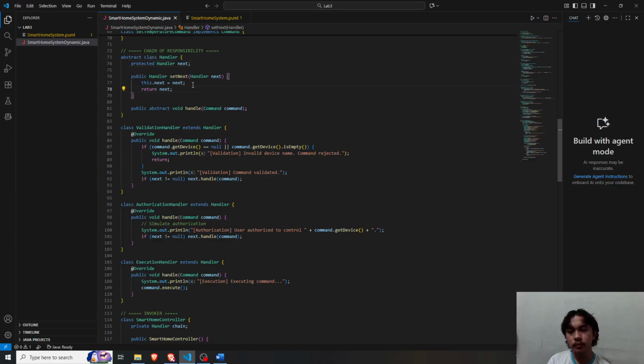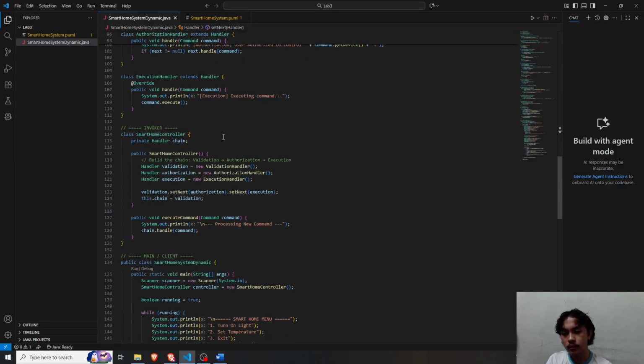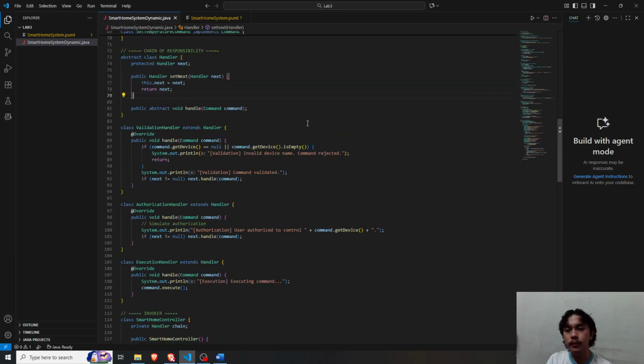The job of this handler, or the chain of responsibility design pattern in this system, is that when the user takes an action, makes a command, or inputs some action, this handler will set the current responsibility onto the next responsibility.